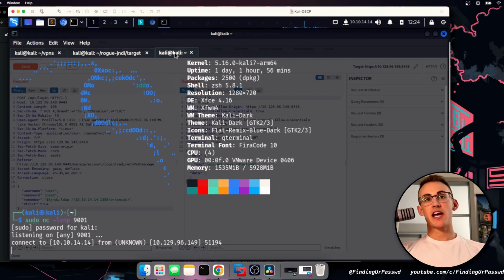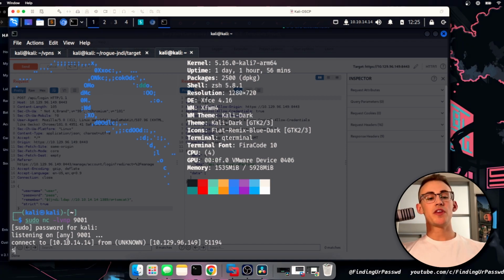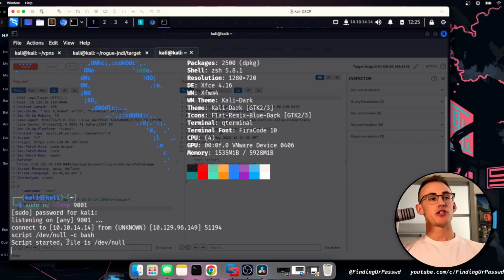Okay, so mine took a second, but it did end up connecting back here. And now we see that we have a very primitive reverse shell on the machine. One thing that we can do to upgrade it is do script, and then we'll run this on /dev/null, which is essentially just a black hole on the system. And then all we need to do is -c bash. And now we have a more stable reverse shell on the system,